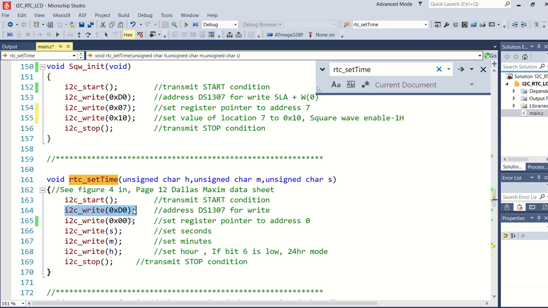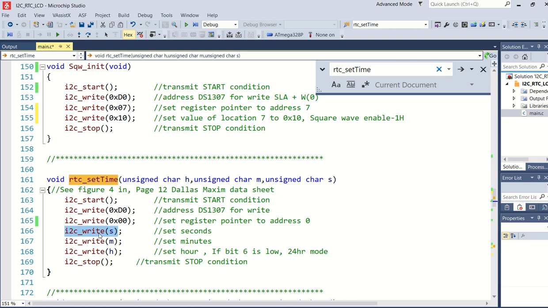D is actually the address, and the 0 indicates that it's still part of the address, but also that it is the write function. So what we're doing here is writing zeros, which says the register pointer is now pointing to address 0. And then we know how the I2C write works.